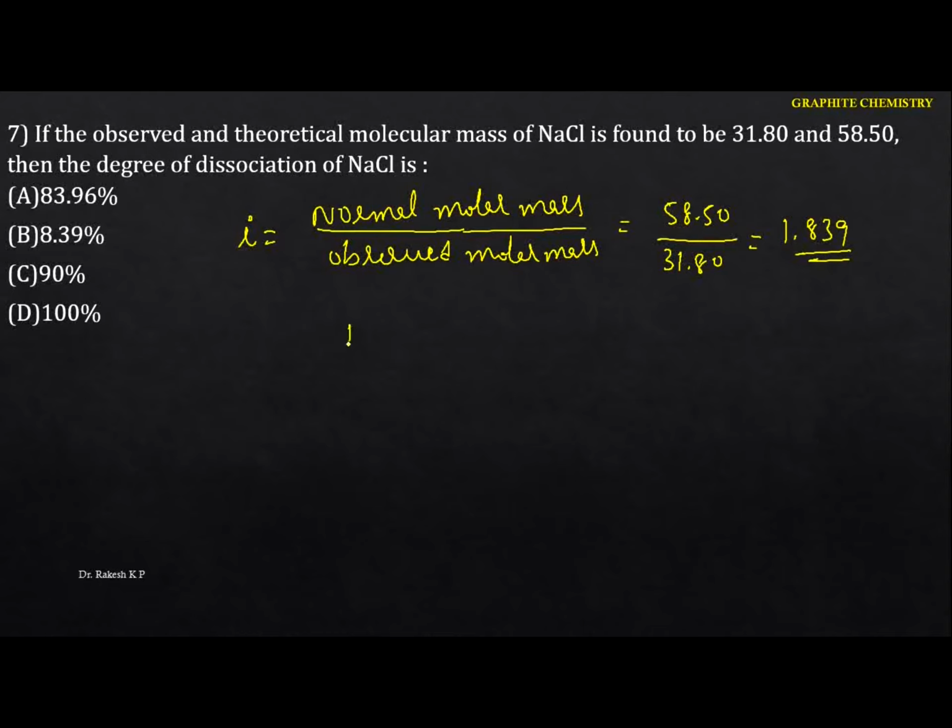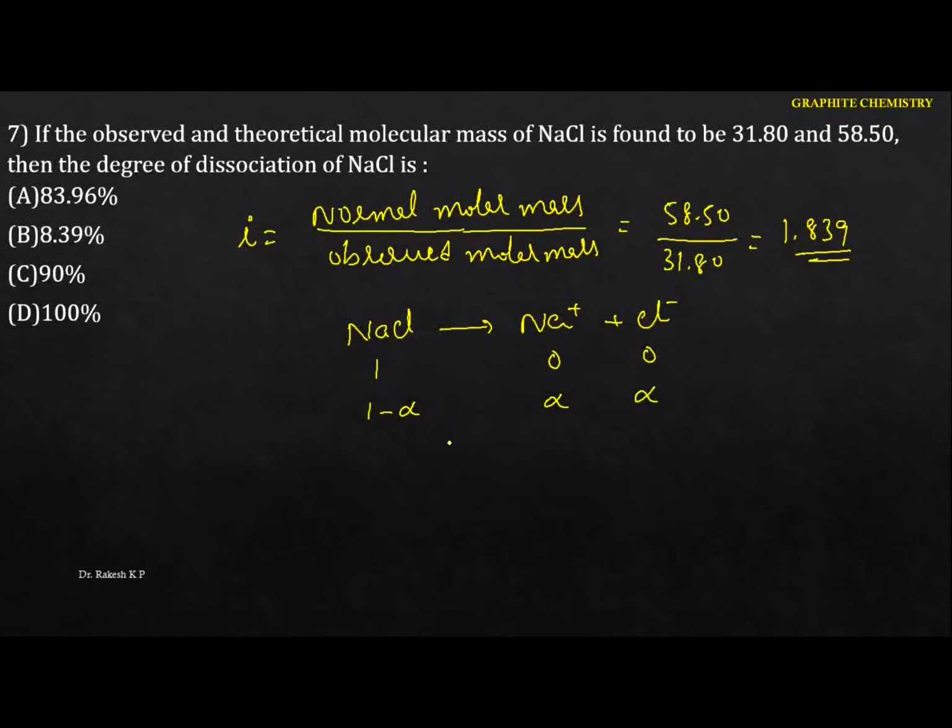Okay, so see this one. What is the electrolyte they are given? That is sodium chloride. It dissociates to give Na plus and Cl minus. So before dissociation the value will be 1, here it is 0 and 0. There is some degree of dissociation alpha. Here also I can write alpha.